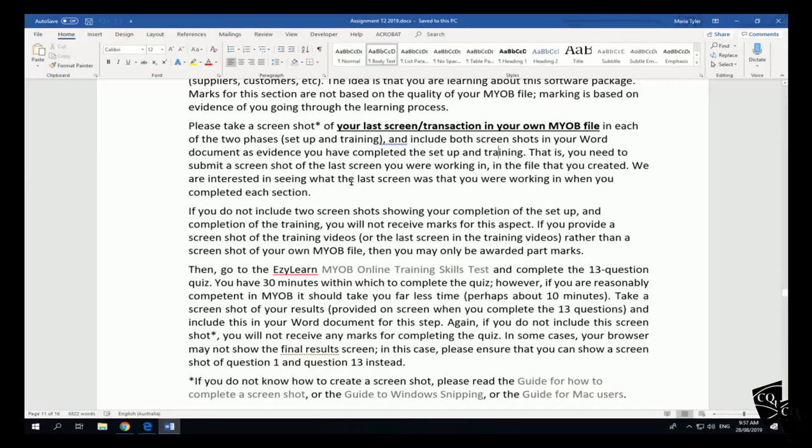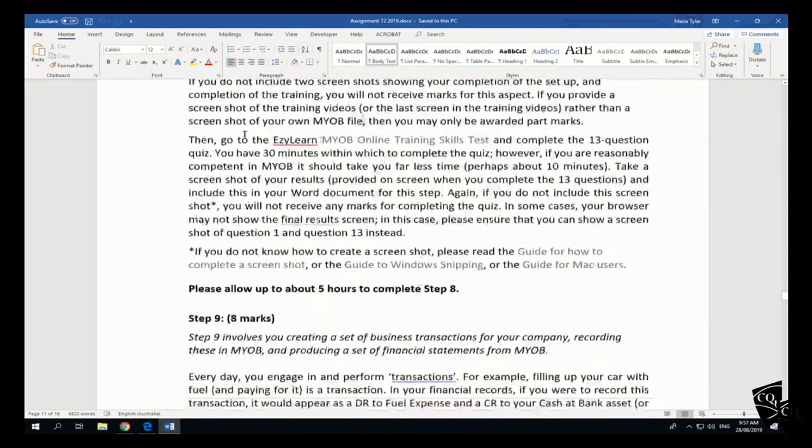Okay, we are interested in seeing the last screen that you were working in when you completed each section of the training and setup, but we want to see your file. If you do not include those 2 screenshots, you won't get marks. Simple as that. Okay, then you click to go to the Easy Learn MYOB online training skills test, and that's